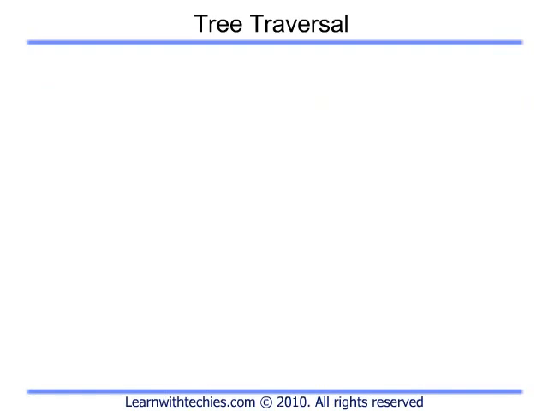Traversing a tree means accessing all the nodes of a tree. There are three ways a tree can be traversed: in order, pre-order, and post-order. In pre-order traversal, the root of the tree is visited first and then the left and right subtrees are traversed